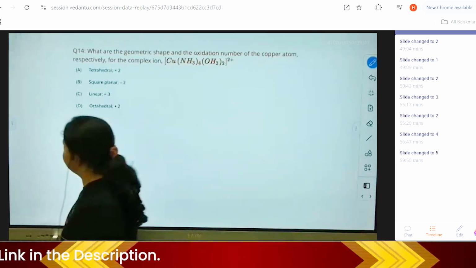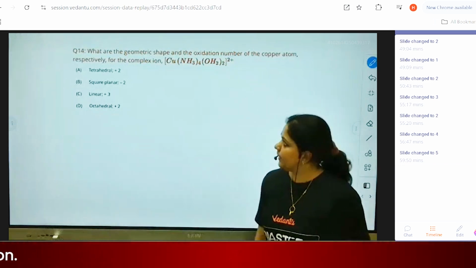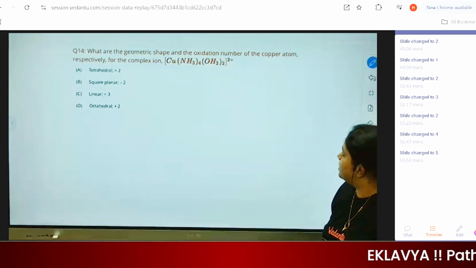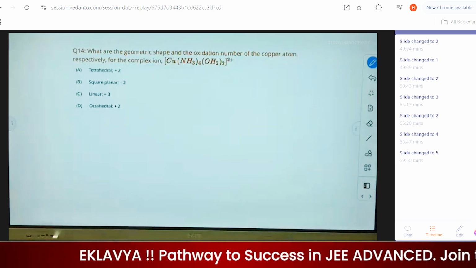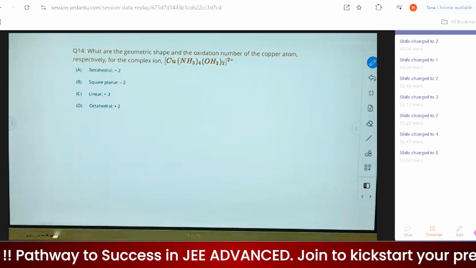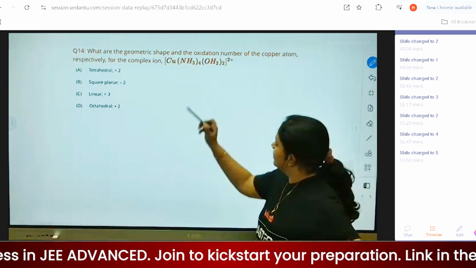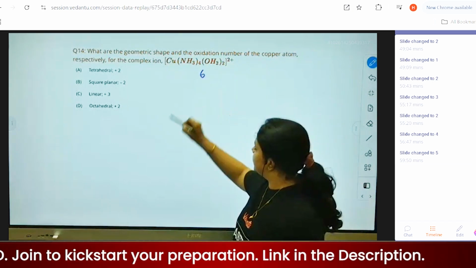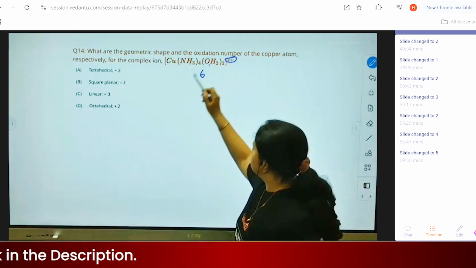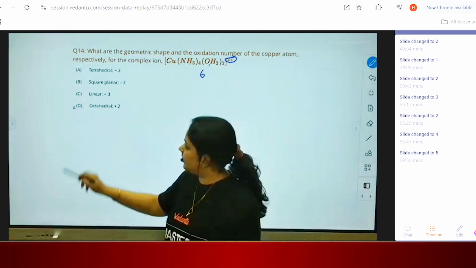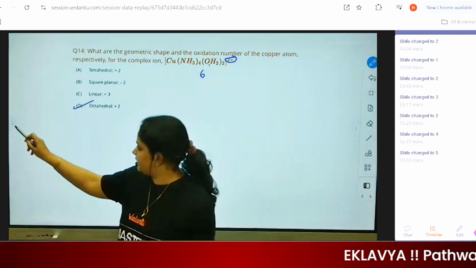Next we will see here. In this one, what are the geometric shape and oxidation number of the copper atom respectively? So we have to write the geometric shape and oxidation number. Here in this one, 4, 2, 6: octahedral. Here the complex is neutral, so the oxidation state is +2. Octahedral and +2. Moving further,